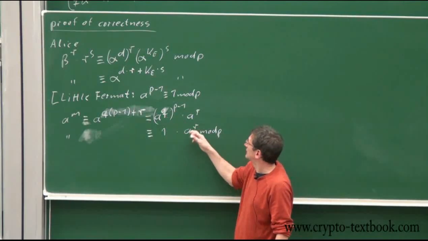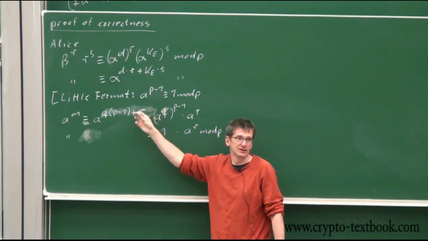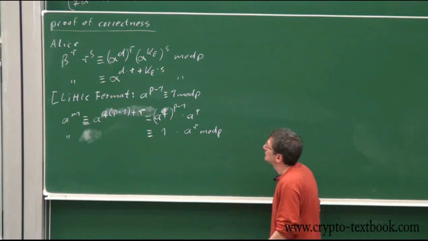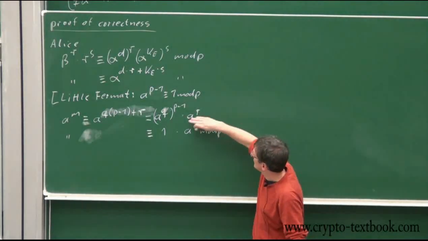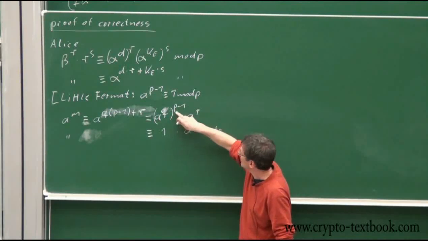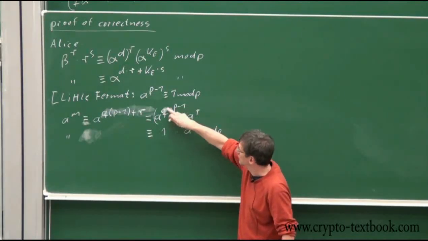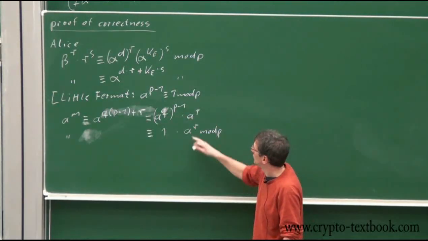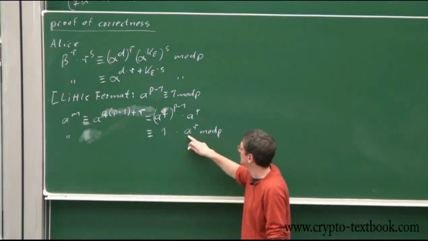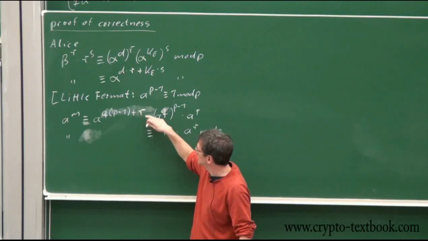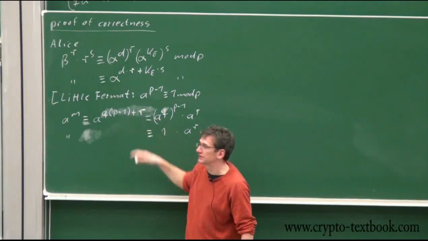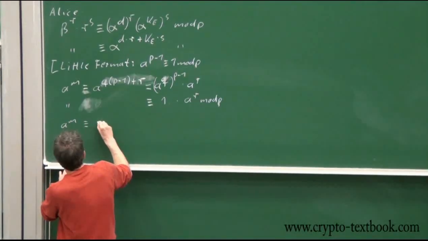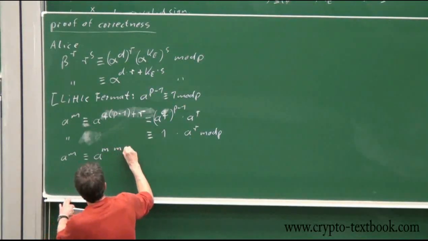Okay. This is just algebraische Umformung here. There's no number theory or anything fancy. This is just plain 9th grade. But now if I apply modulo p to this expression, whatever I raise to the p minus 1 power, including this expression, becomes 1. So I'm getting rid of this. What we have left here is a to the m is identical to a to the r, and a to the r is only the remainder of this expression. So from this it follows that a to the m is identical to a to the m mod